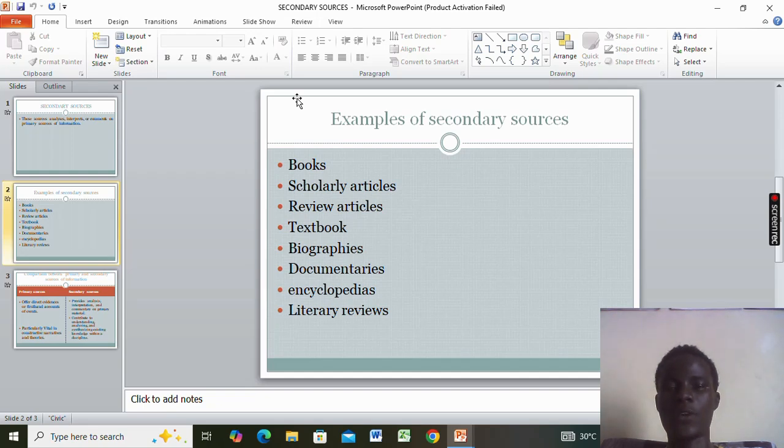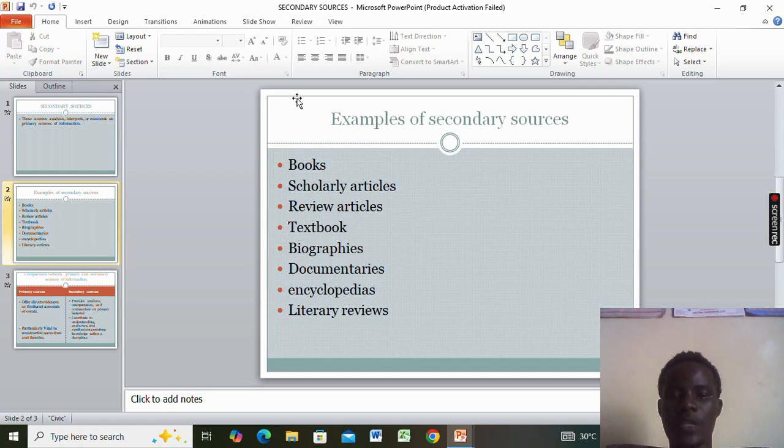You also need to check the accuracy, during which you ask yourself: is this information supported by evidence? Cross-check with other sources to see if the information is supported, and repetition is key, which indicates accuracy.